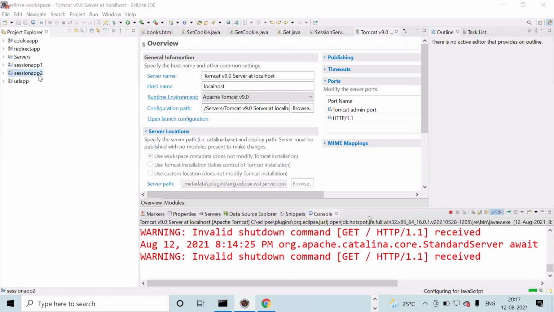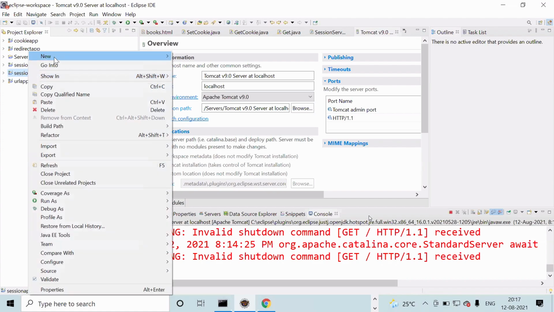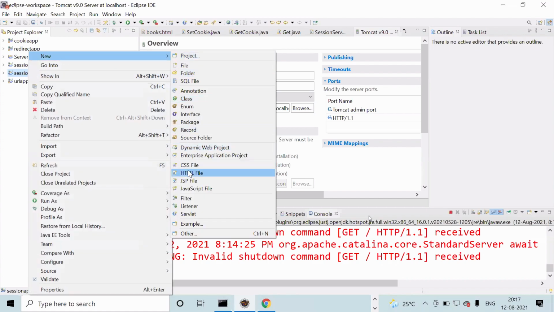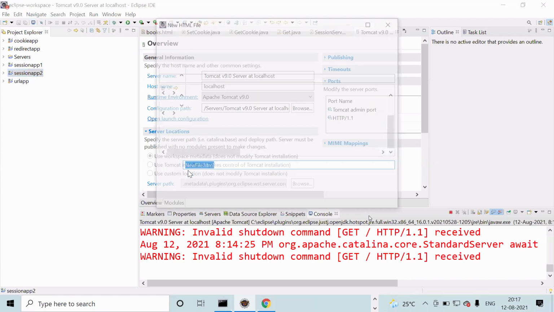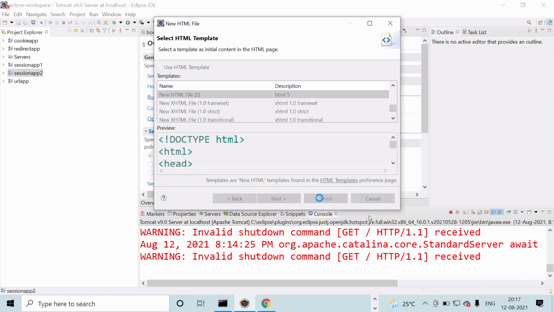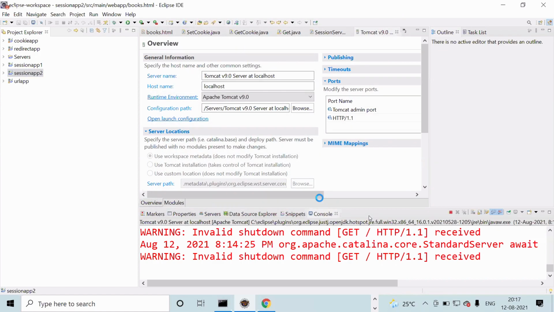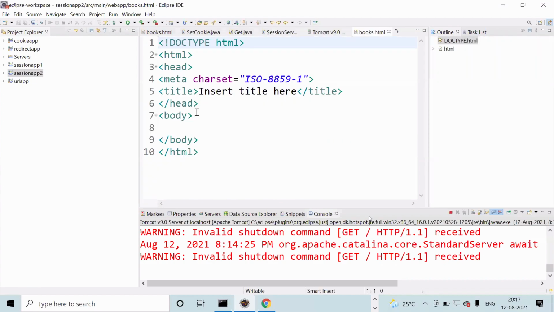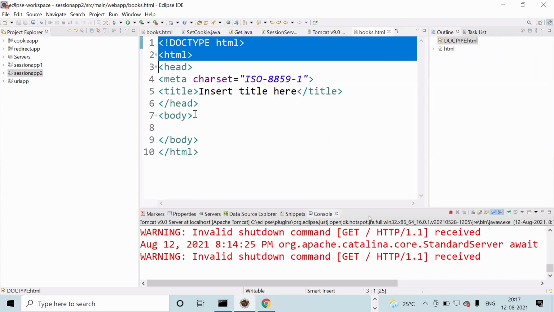Say right click here, new, HTML file. File name something, books.html. Next, click on finish. What I'll do is that HTML code I'll copy here.